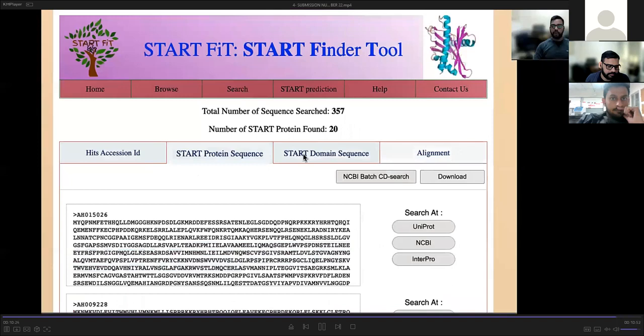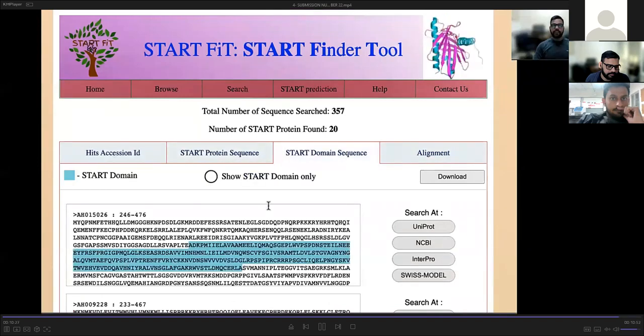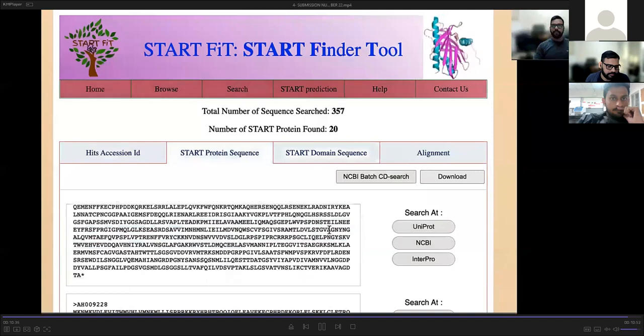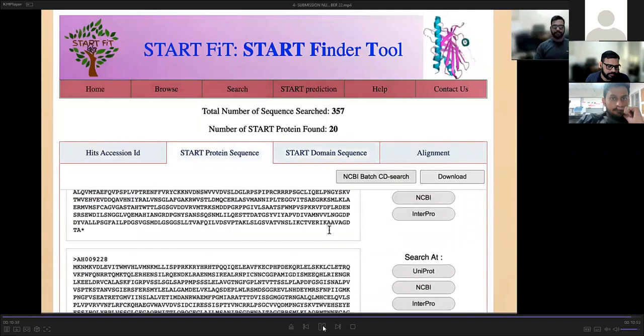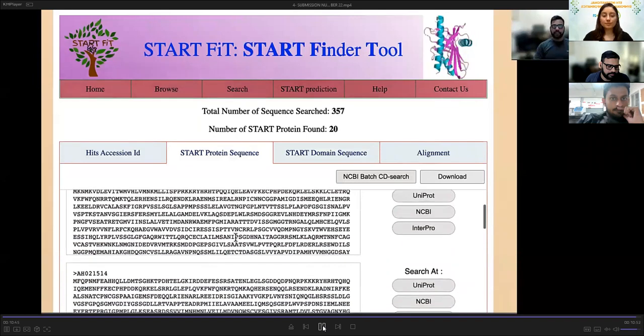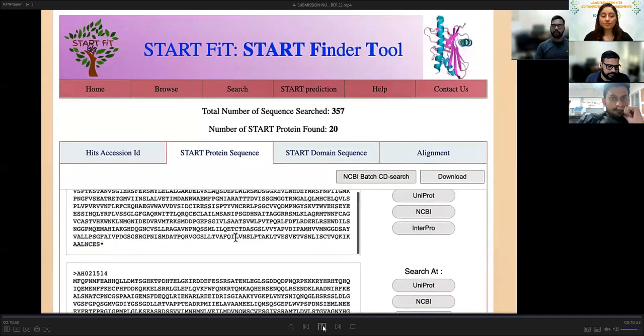The predicted protein and domain sequence can be further analyzed at various universally accessible platforms such as InterPro, UniProt, Conserved Domain Database, NCBI, and others. This option will further help the user to investigate the sequence feature, family, superfamily, and co-occurring domains. Overall,